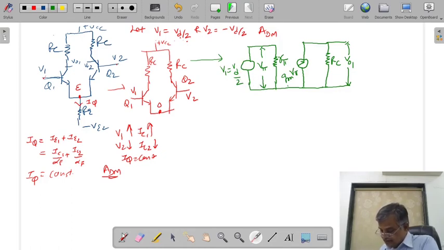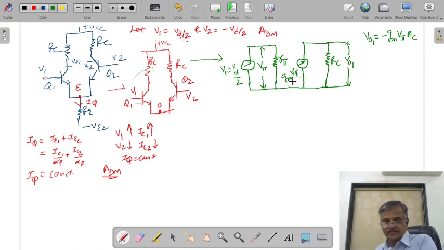Now from this I can derive the equation of the output voltage. What is the output voltage? VO1. VO1 is equal to current multiplied by resistance. This is your current source. If you do not get the idea, what is Gm? Current upon voltage. Gm into voltage, the voltage is cancelled. What will you get? Current. So this works as a current source.